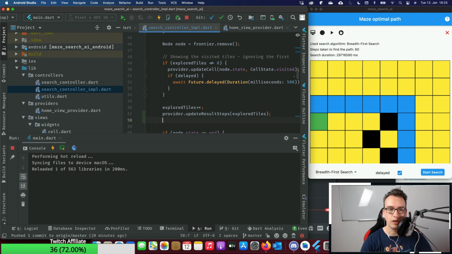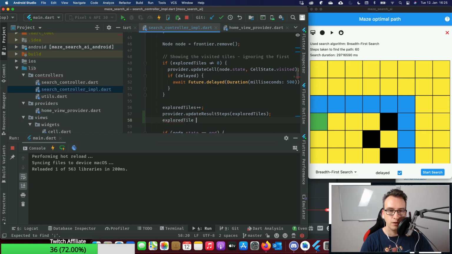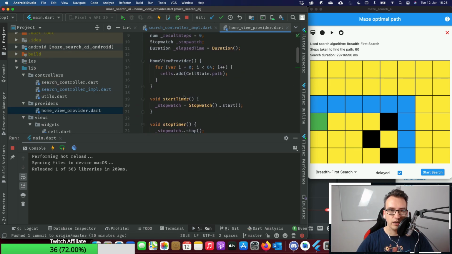wrong keyboard, here we are. So I could do something like the explore tiles time, the time that we calculate. So 500 milliseconds is per step, right? So this would be the milliseconds at the end. We have the result steps actually.